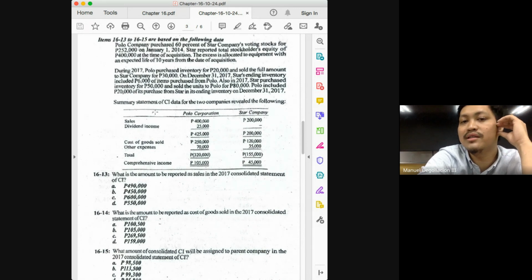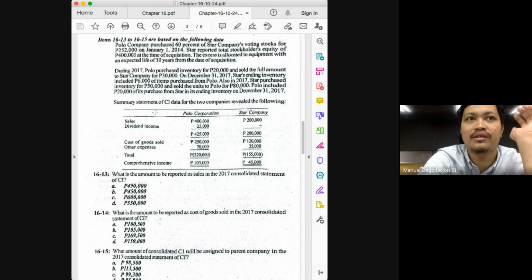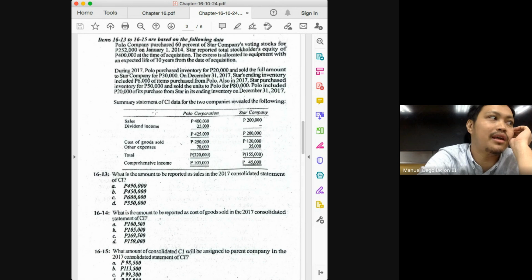And again, we have already discussed the logic behind this one. There will be a difference in the depreciation expense that will be reported by the subsidiary and the one that will be recognized by the consolidated entity. And the difference there will be equivalent to the amortization of the excess, which is your 2,000. And in this case, since the fair value is greater, that means the depreciation expense in the eyes of the consolidated entity will be greater. And in that case, in the eyes of the consolidated entity, the depreciation expense reported by the subsidiary is understated.